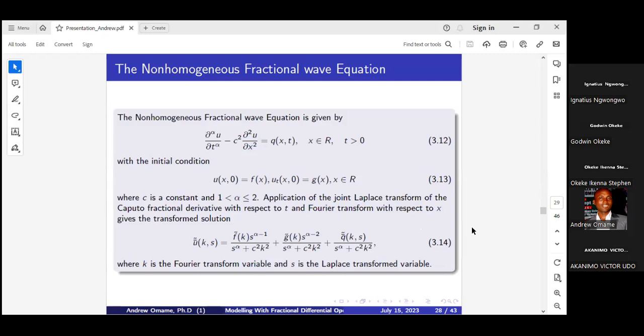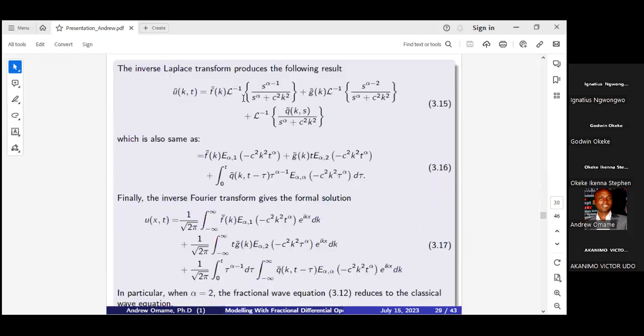So you have this expression. So when you now take the inverse, remember in the order of inverse, I take inverse of Laplace. So I take inverse of this expression, inverse of this expression, and inverse of this expression. So one by one, this one now s to the power of alpha minus 1. So this is similar to one of the expressions we have. This first one is similar to one of the expressions we have for the Laplace inverse of the Mittag-Leffler function,